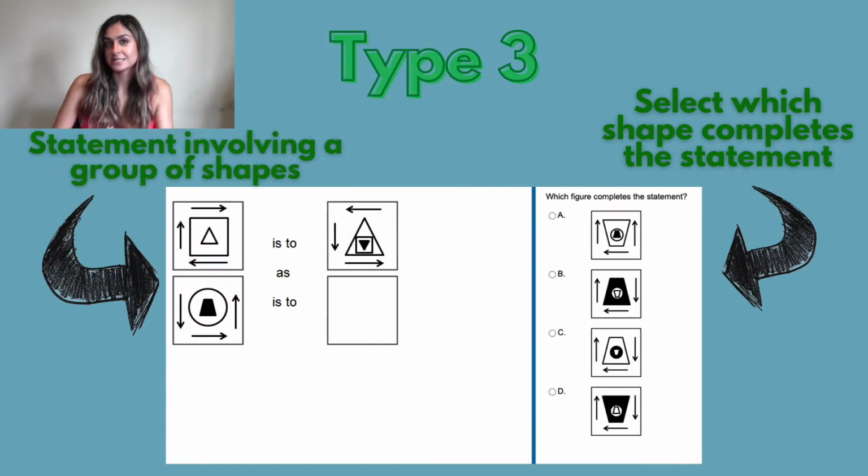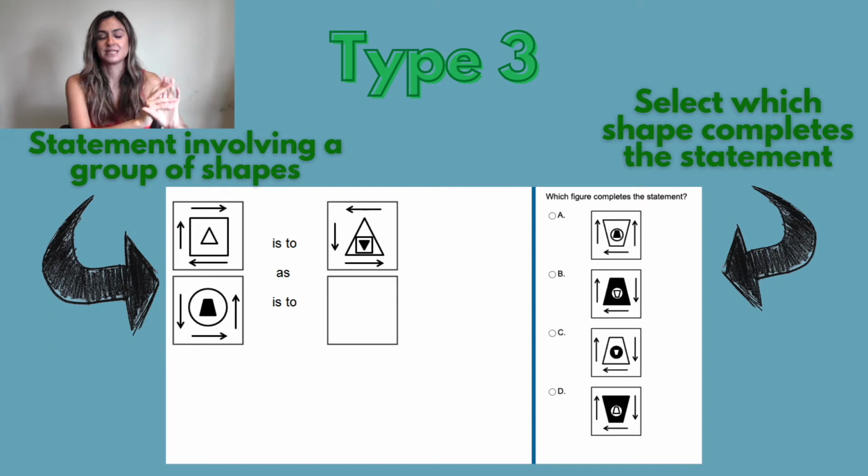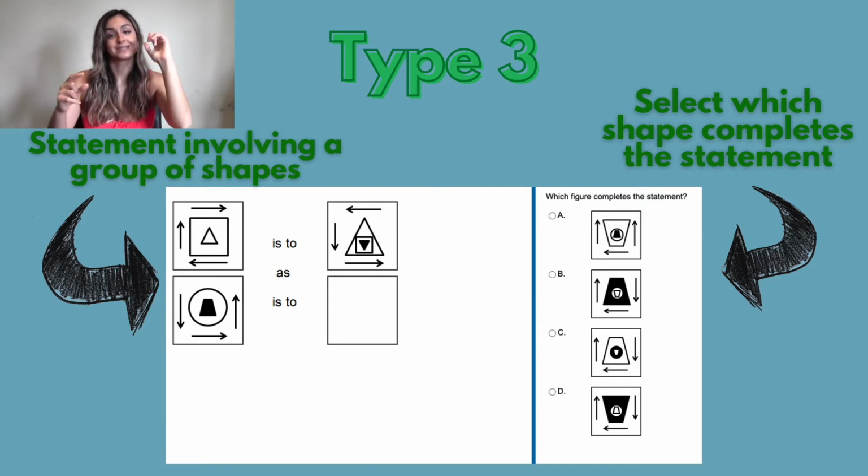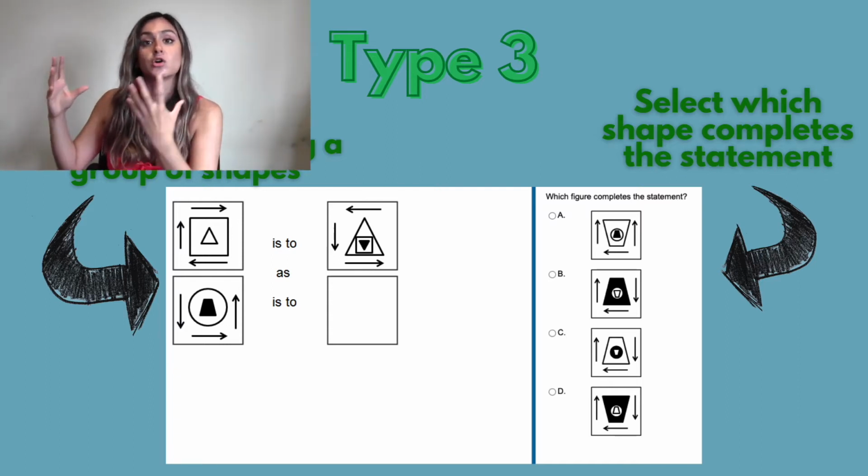Now, the third type of question in abstract reasoning that you will come across, but that you might identify, is a statement box. You'll have an image and it will say, this image is to image 2 as image 3 is to blank. So you've got to identify what links the first image to the second image, and then use the third image to help guide what would be the same pattern or similarity in box 4.